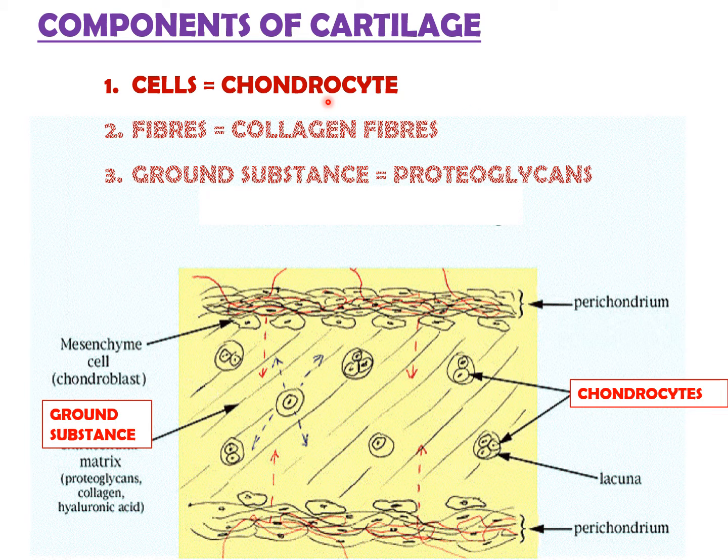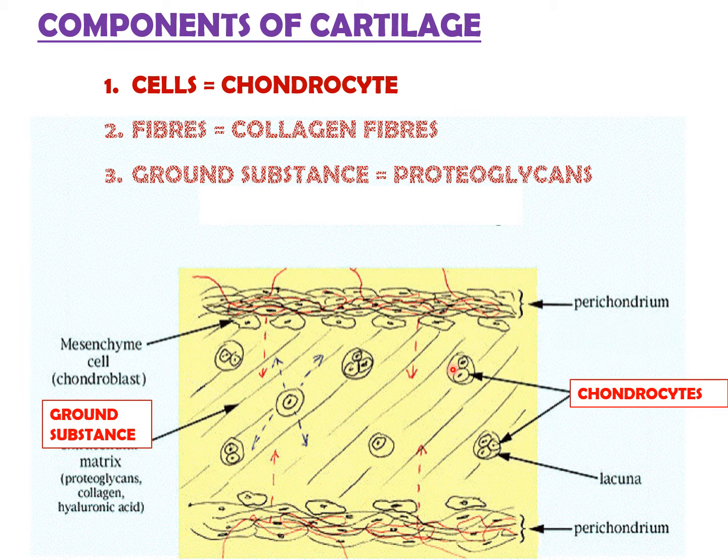They vary in size and shape with the degree of maturity. Mature cells are large and rounded. They lie in spaces named lacunae. Here you can see this space. This space within which the cell lies is named the lacuna, present in the matrix. The nucleus is heterochromatic and organelles are less prominent. The cytoplasm of the chondrocyte may also contain glycogen and lipid.